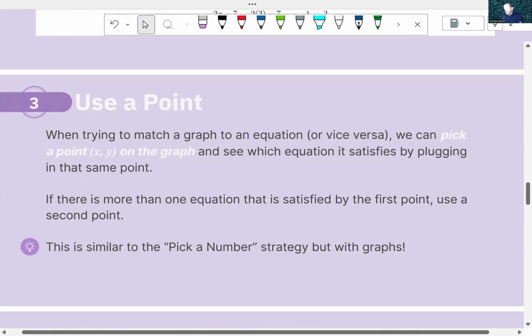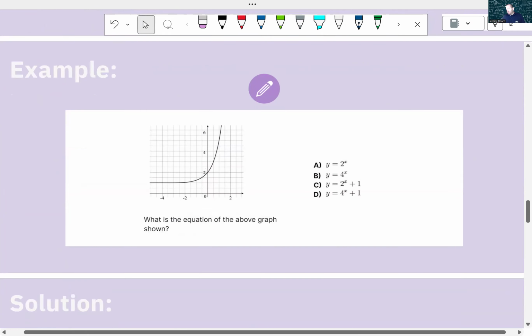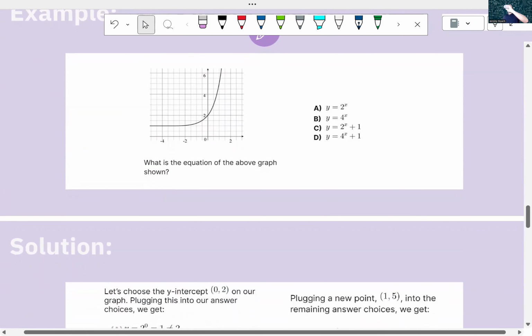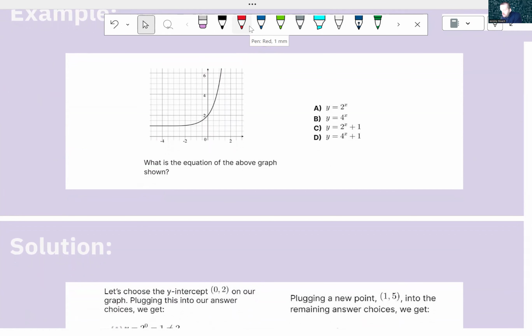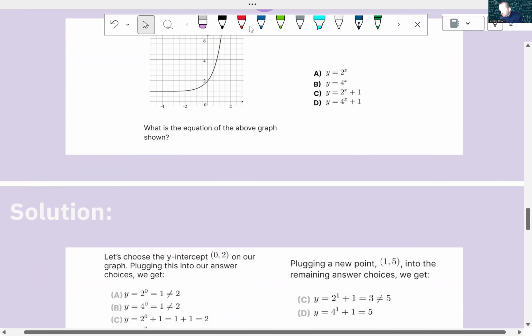Okay, using a point next. Picking a number is a great way to find the right answer for this, especially when we're looking at graphs. Now you can plug all this into Desmos if you want to. If you're feeling a little unsure and you don't want to do the pick a point, you can plug into Desmos. But here, if we pick 0, 2 as our point,